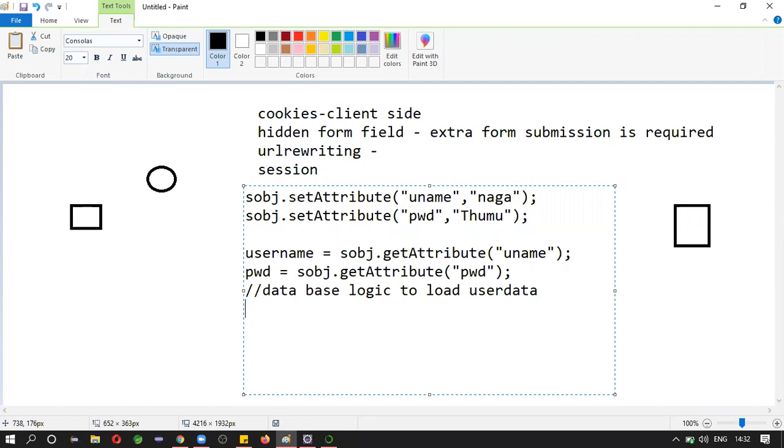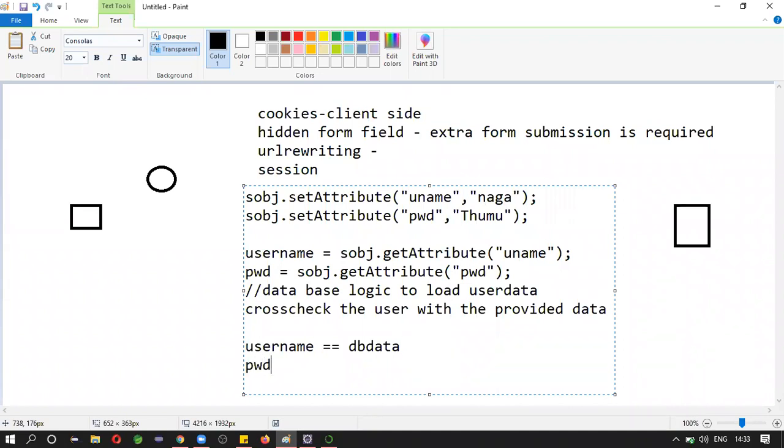Okay, then cross check the user with the provided data. How? Here username double equals to this value, which we will get from the database, right side value, db data.